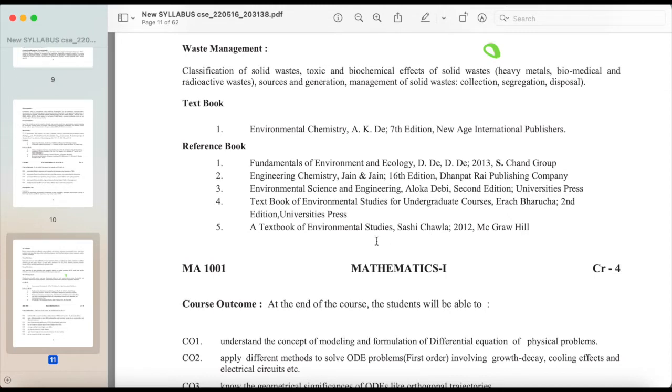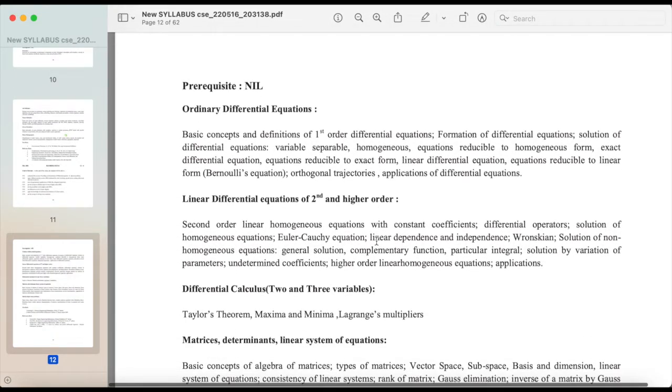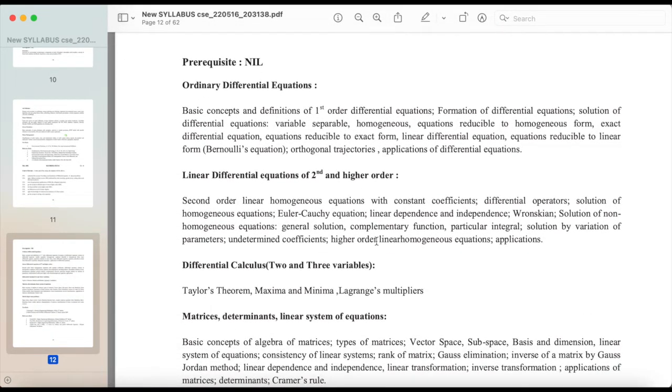Next, Mathematics, Ordinary Differential Equations, Basic Concepts and Definitions of First-Order Differential Equations, Formation of Differential Equations, Solution of Differential Equations, Variable Separable, Homogeneous, Equations Reducible to Homogeneous Form, Exact Differential Equation, Equations Reducible to Exact Form, Linear Differential Equation, Equations Reducible to Linear Form, Bernoulli's Equation, Orthogonal Trajectories, Applications of Differential Equations, Linear Differential Equations of second and higher